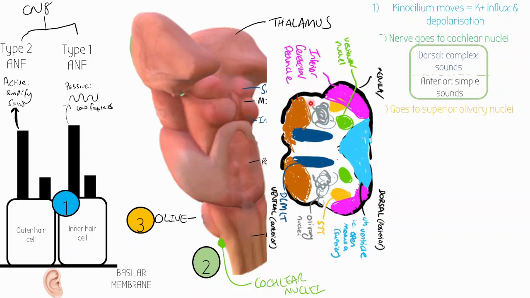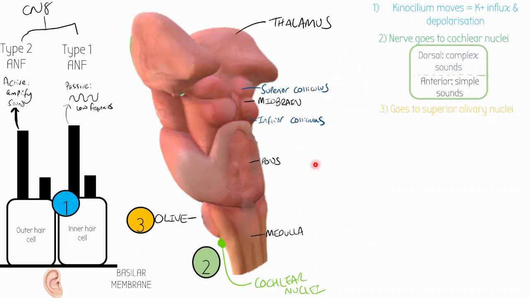And finally, you can see this grey thingy here, and that is your olivary nuclei. So when you cut through here, you get these kind of grey swirly things. That is your olivary nuclei. Anyway, so your sound wave, your auditory nerve impulse, is going to go into your left superior olivary nuclei, and